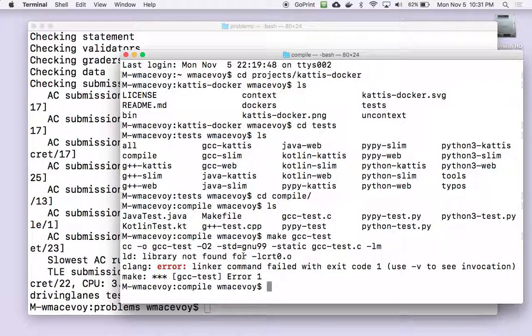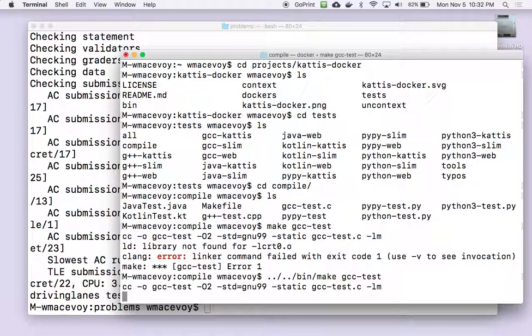So just to illustrate some choices in here, I don't actually have to set the context if you're trying to put this into your IDE and you just want to explicitly run some rules. You could just go directly to the rules inside of the bin directory of this project. So bin make gcc test. That is all mapped inside of the container so that the right tools are being used. And so you can just have explicit paths if that's how you prefer, or you can